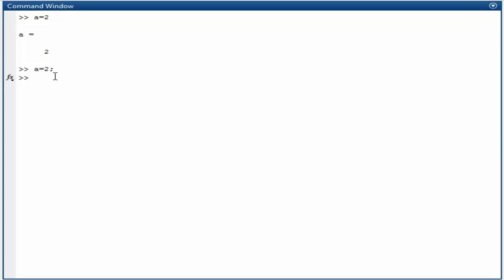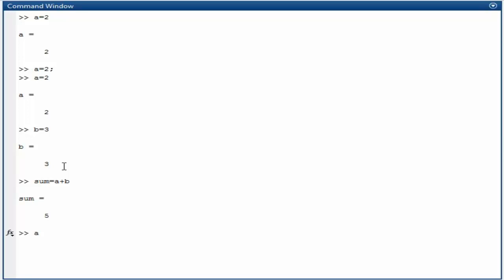Now the second thing: if I want to type commands in a single line, for example a = 2, b = 3, and sum = a + b. As you see, I would have to type these separately multiple times. If I want to type these three commands in a single line, I just use a comma to separate them.